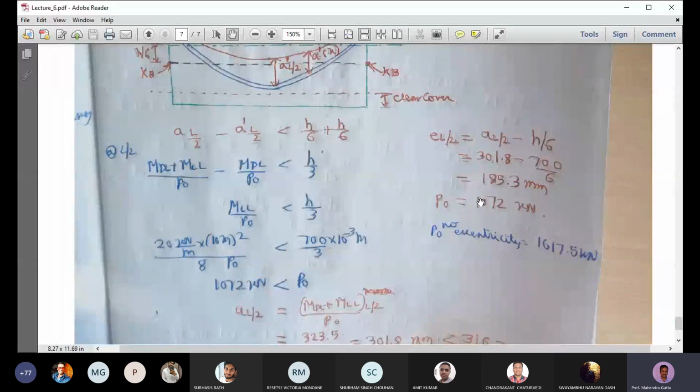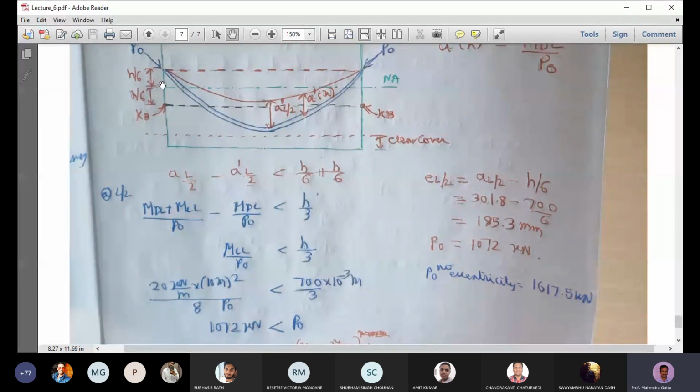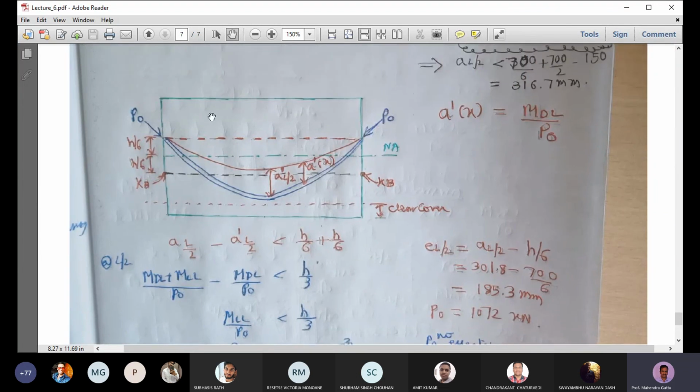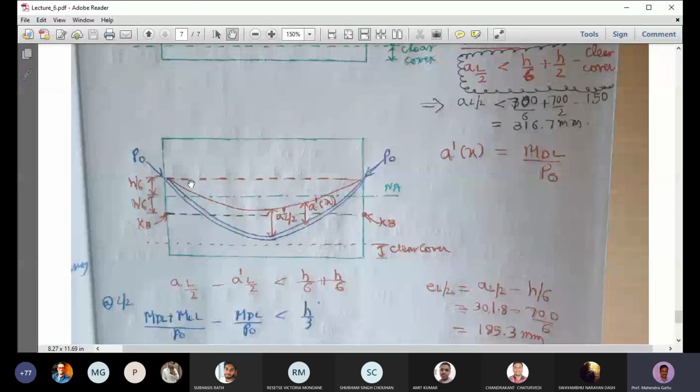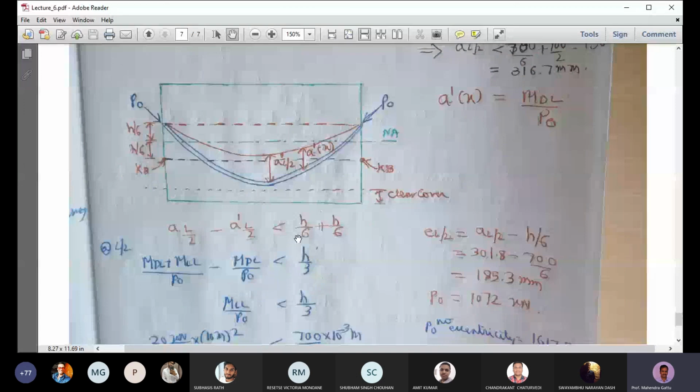So this is another way to do the load balancing, provided that end eccentricity is permitted, and also we are making sure that there is no tension produced anywhere in the beam. So as long as the pressure line lies between the top kern line and the bottom kern line, there will be no tension produced. So we are making sure that the pressure line is lying between these two lines. Okay. So in the first case, under dead load plus live load, the pressure line was coinciding with the top kern line, and in the second case, under only dead load, we are making sure that this red line lies above the bottom kern line. So there is a specific condition we are formulating based on that.